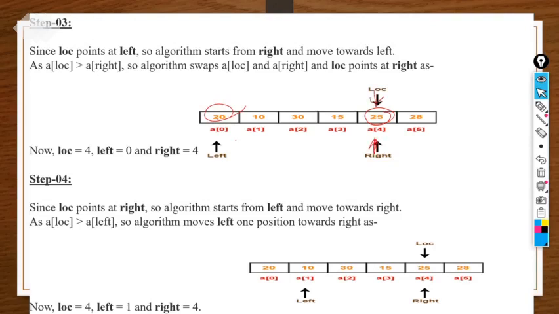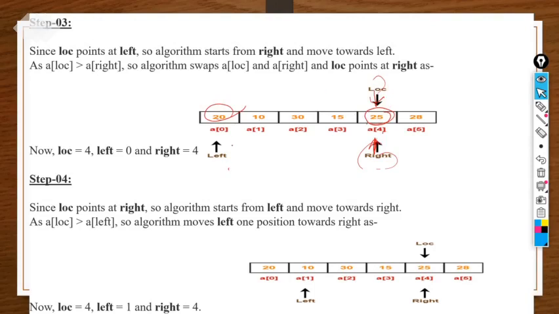Now this has become the right and this one is the left here, right? So we are shifting the position only, we are not shifting the values here. Like if the value 25 comes here, LOC and right come with the value here, right? So right is already there, LOC will come over here, and it will remain as it is, right?